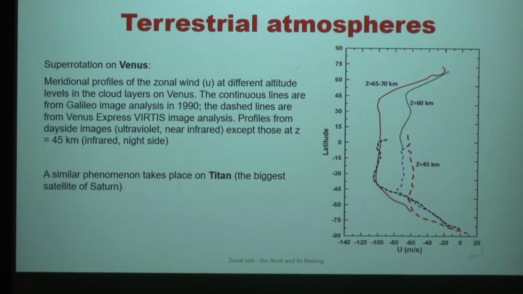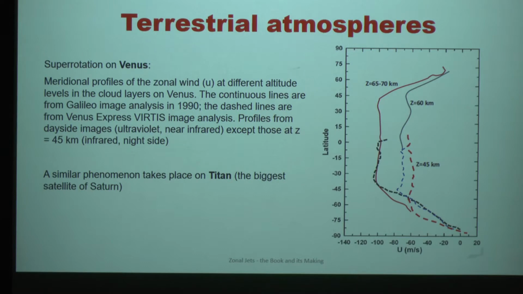Now, I still have about 7 minutes, I think. So I'll briefly walk you through the first several chapters because I cannot encompass everything. The second chapter was on terrestrial atmospheres, and one of the very interesting things was the phenomenon known as superrotation. This is a vertical velocity profile on Venus. Superrotation is